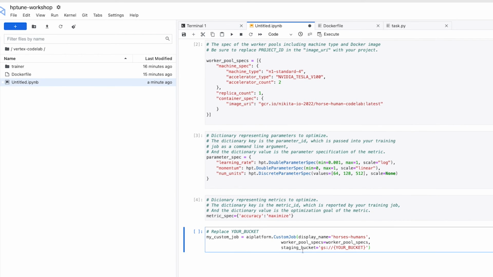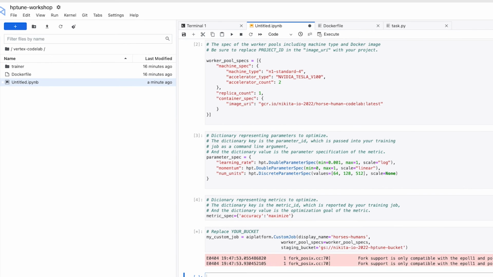So you'll need to make sure that you update your bucket here and that you put in the bucket that we defined earlier. This just needs to be some staging bucket in your project. So we'll define that here. And then we can execute this cell.